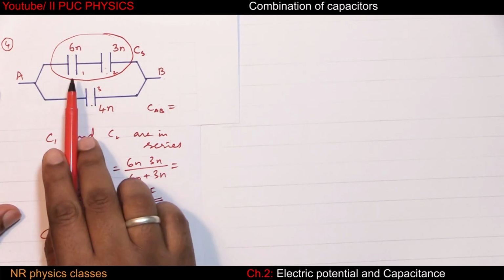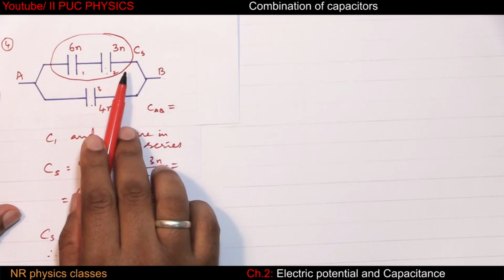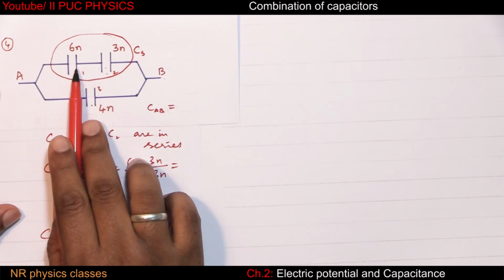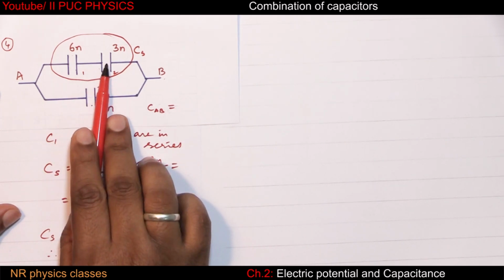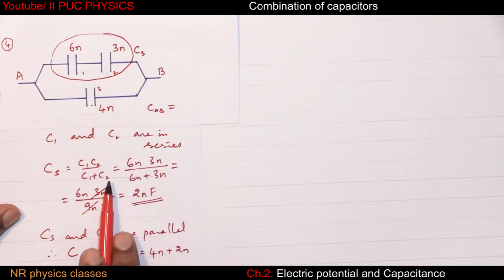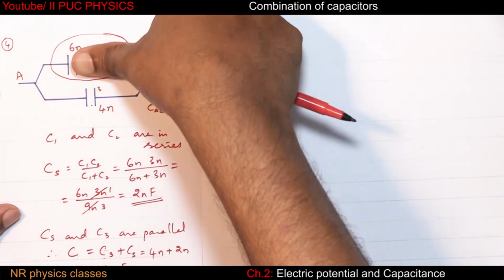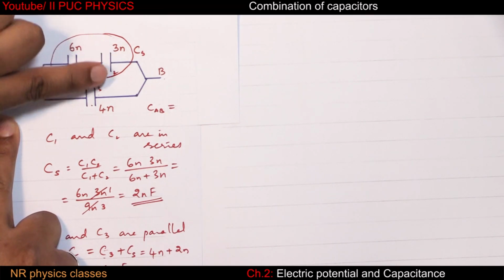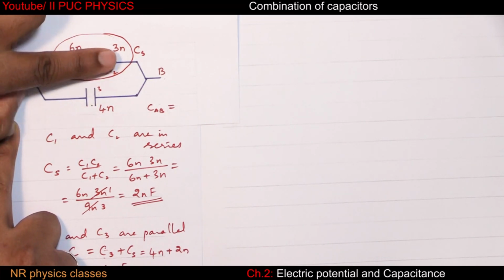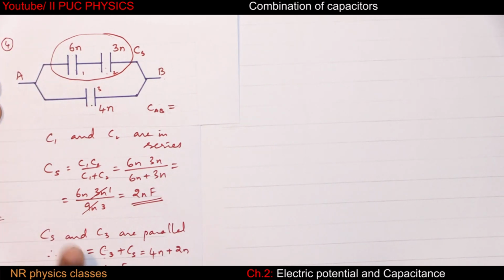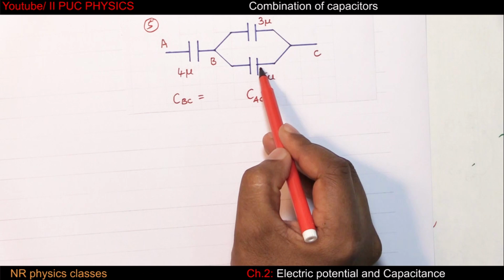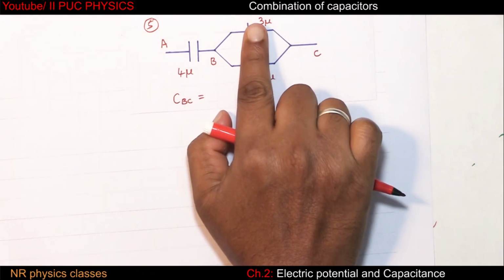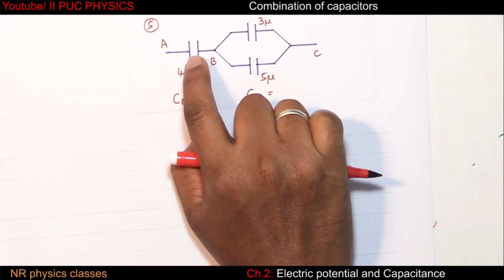What is the trick here? Though it looks very silly right now, the trick is you have to solve these two first because they are in series formula. Then these two are in parallel with 3. Therefore CS is parallel to C3. Therefore 6 nanofarad. These two are in parallel, that is in series with this capacitor.